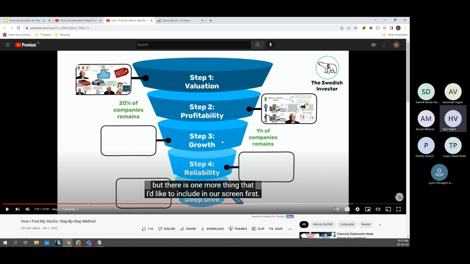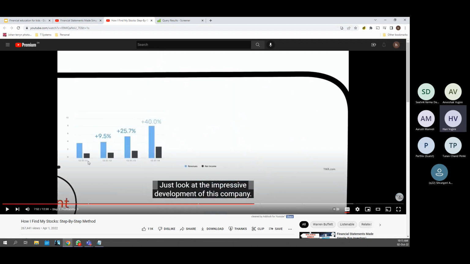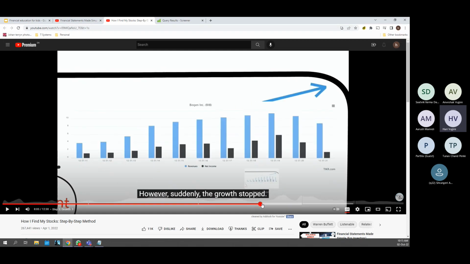You don't know what the growth would be for Apple or Google or Tesla or any company you are looking for. So he gave an example of one bio company where the growth was too good in the initial years, and when you look at this growth, you may project, okay, my company would grow at least 24% or whatever the projection you gave, but then the reality is different, right? As we see here, the reality was not as it was projected. So we also need to be conservative.